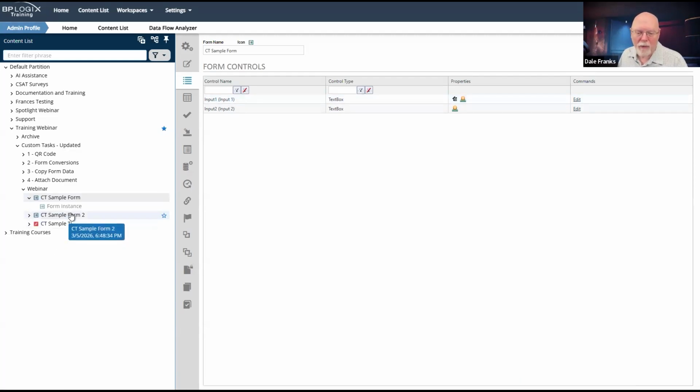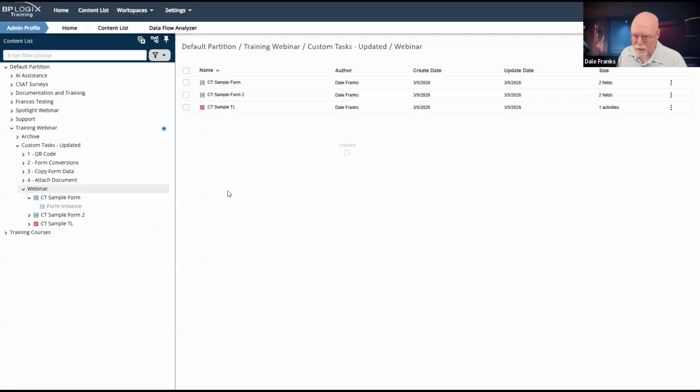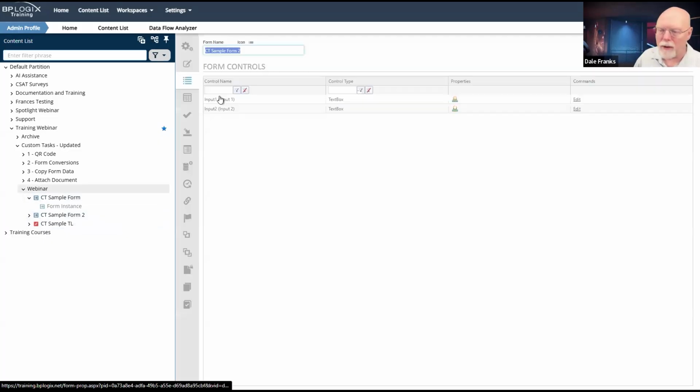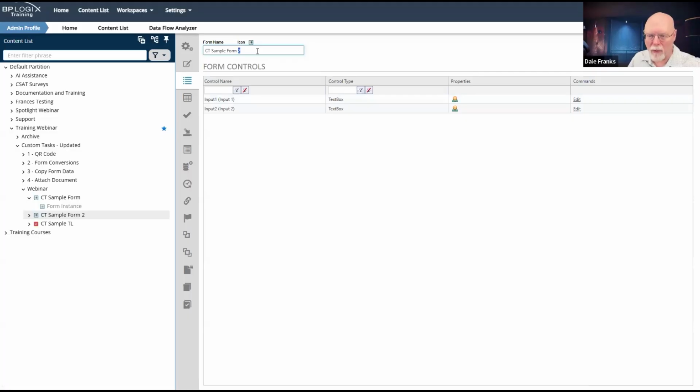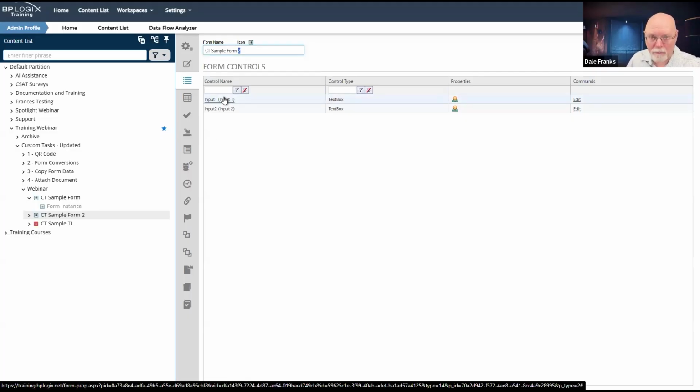So if I go to sample form 2, because the value for input 1 is now chained to the first form, CT sample form, the input 1 on that form is what's going to determine what goes into input 1 on this form.